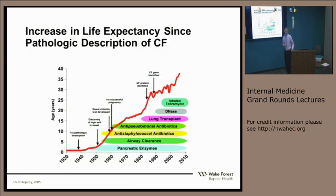Now, looking at life expectancy over the past almost 100 years, you see, in the 1930s, patients with cystic fibrosis lived a couple of years. They died as children, mostly from complications of their GI system. But as the discovery that was outlined in the previous slides occurred, we developed various therapies, including treatment of the